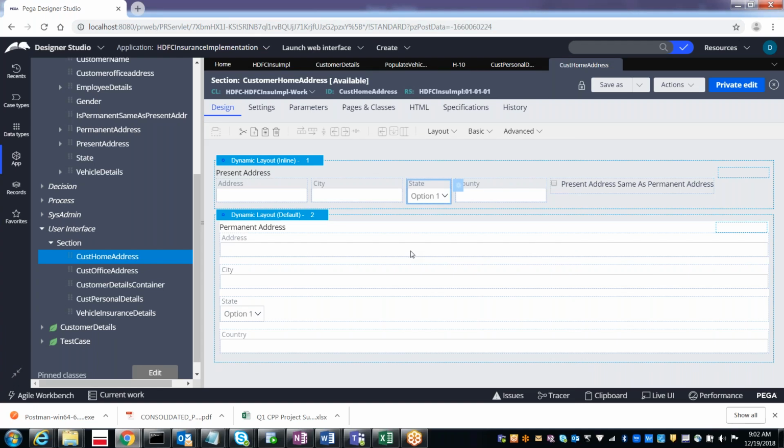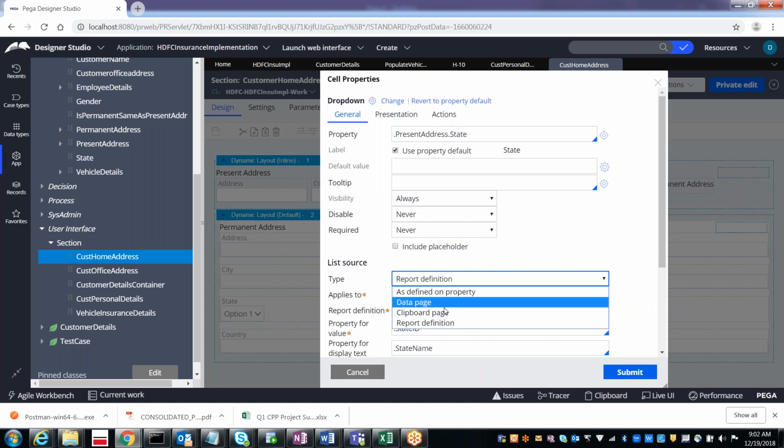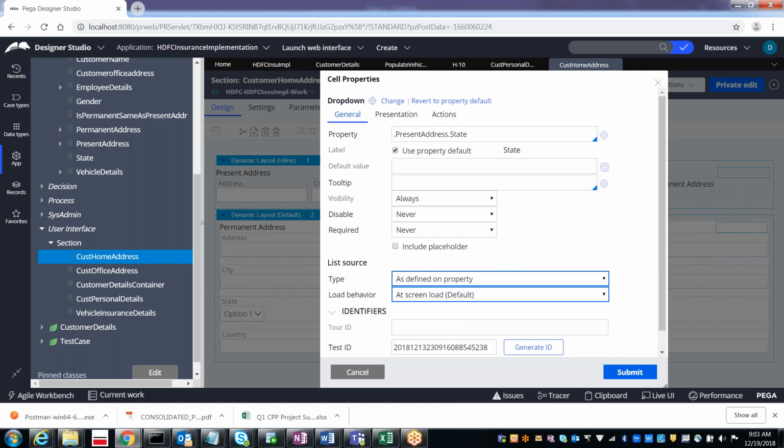Through the report definition. Okay, so we have three other options. In this, you are familiar with "as defined on property". What is this "as defined on property"?